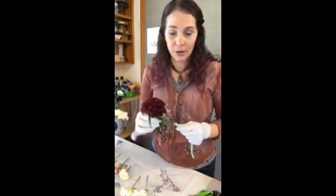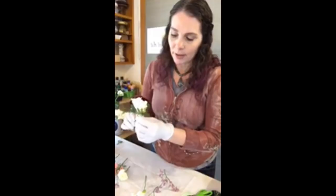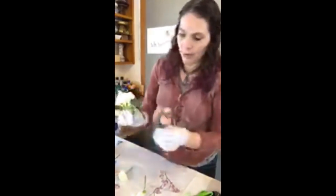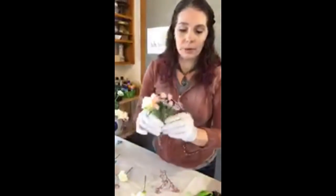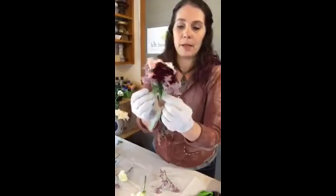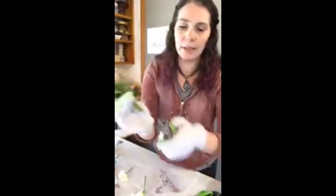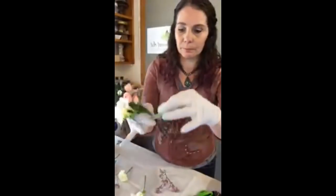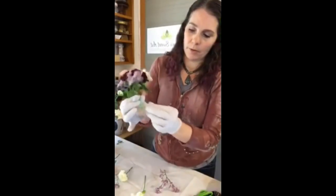Okay, so I usually start with my larger flowers in the center, and then bring a few other smaller ones in around it to make a little pleasing arrangement. Usually no more than about 5 at a time, and then I'll stick those bundles in together. So something along these lines. That's about as big as I usually go. So then you're going to wrap those stems together, tape them together. I like to trim the ends the same length as well. So wrap those nice, and then